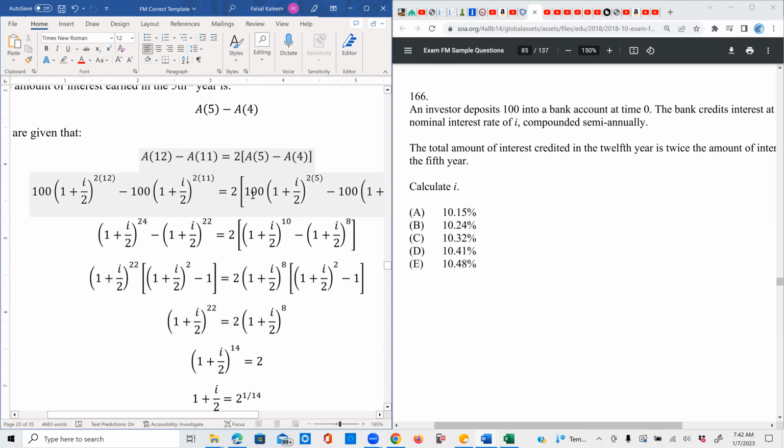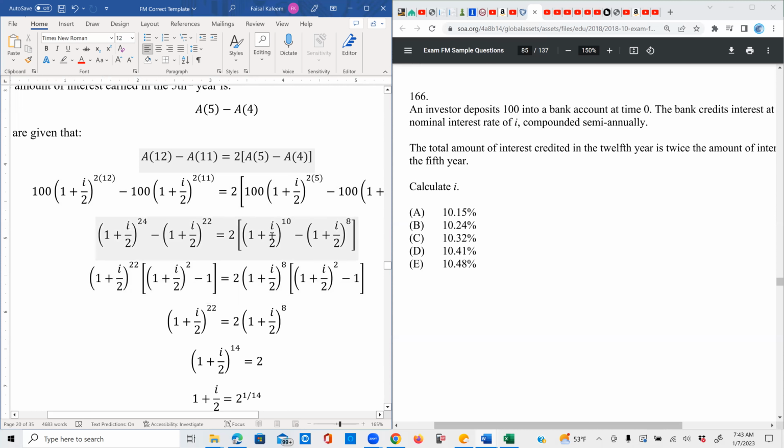So you see, every term has a factor of 100. So we divide everything by 100 in this equation. And so we are left with (1 plus i/2) power 24 minus (1 plus i/2) power 22 equals 2 times [(1 plus i/2) power 10 minus (1 plus i/2) power 8]. So now in these first two terms, we factor out (1 plus i/2) power 22. So we are left with (1 plus i/2) power 2 minus 1